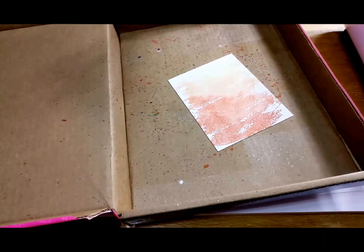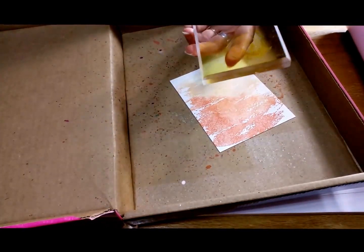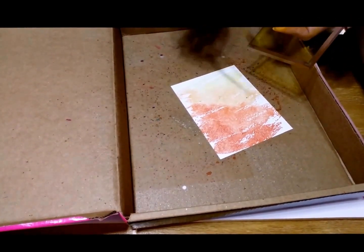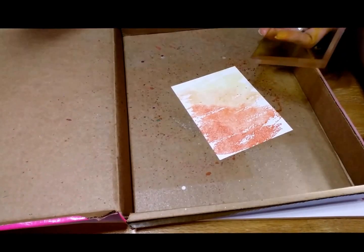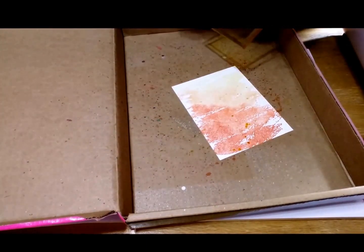So I'm going to start with some Daffodil Delight, my lightest color, and I'm just stamping it onto an acrylic block. This is what I call my messy block. It's sort of an old block that I use for messy techniques like this. Anyway, that's just a plain old regular paintbrush, and I dipped it in a little bit of water and just kind of swirled it around to loosen up the ink a bit, and all I'm doing is flicking it onto